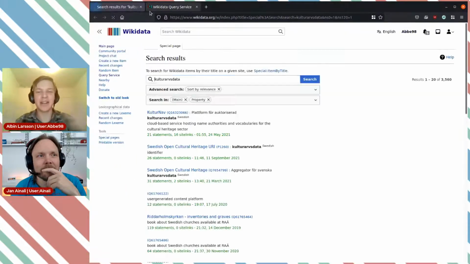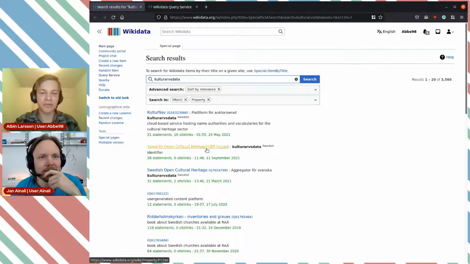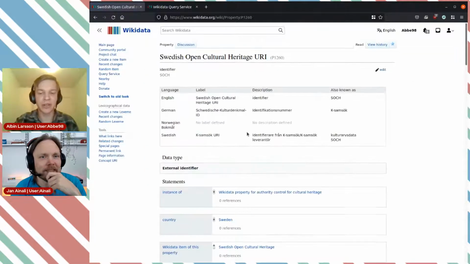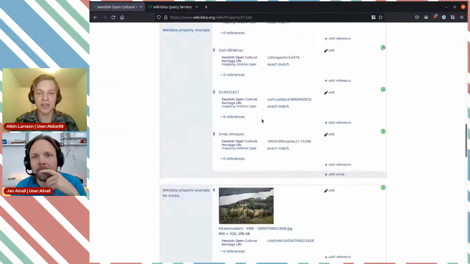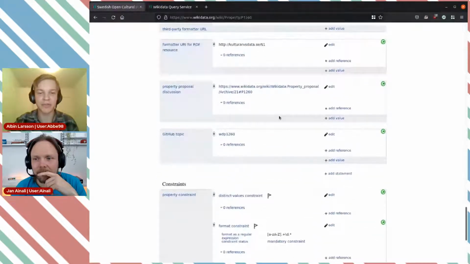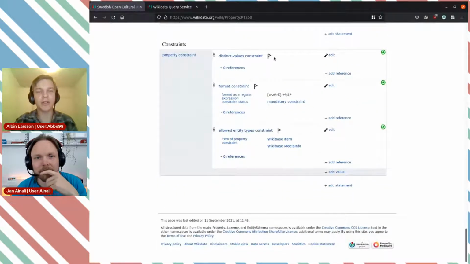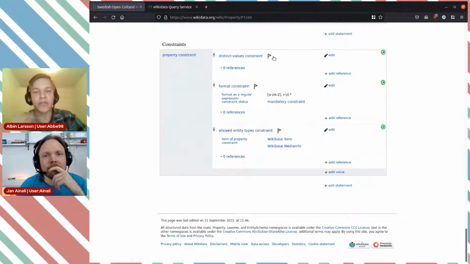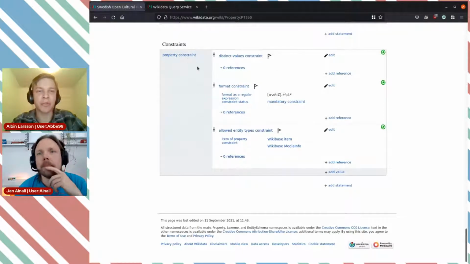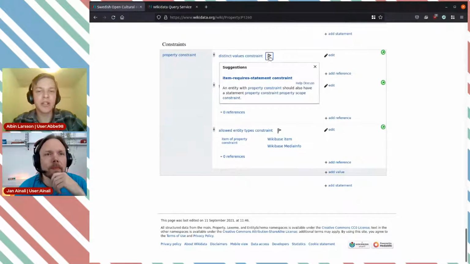And this is very meta. I ended up just stumbling upon this when researching this, and I saw something very interesting on the constraints for a property here. We got a bunch of statements which are property constraints, which appears to be missing something, which